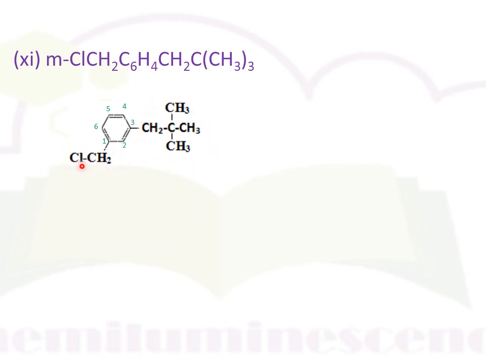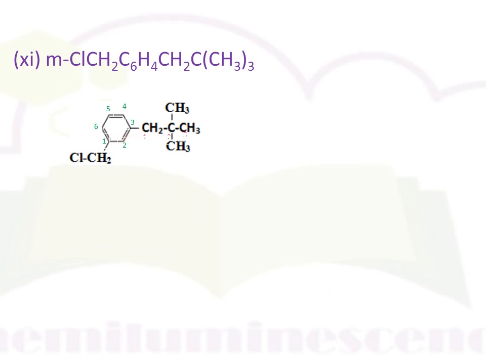Now first assign the name of the substituent or side chain. The name of this substituent is 1-chloromethyl, because it is present at the first carbon, hence its locant is 1, and the group is chloromethyl. Now this is the bulky side chain, hence for naming it we first select the longest continuous chain. In this fragment, this is the longest continuous chain. Now second, indicate the position of the carbons with proper numbers. So we'll begin the numbering from this carbon because it is directly bonded to the benzene ring, hence the numbering will be like this.